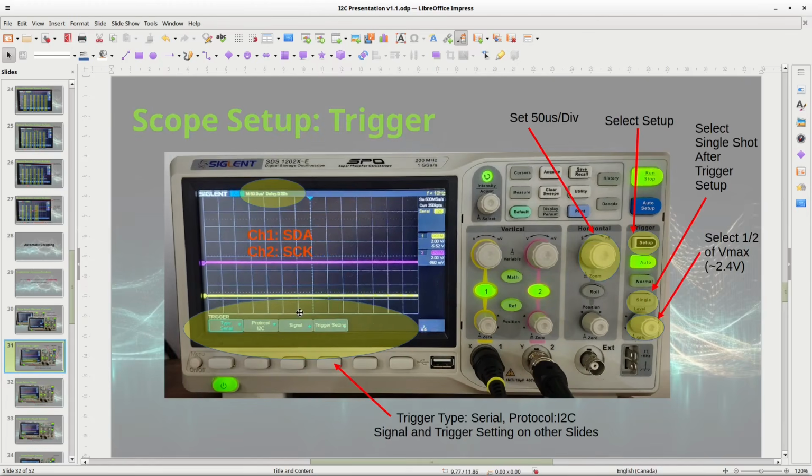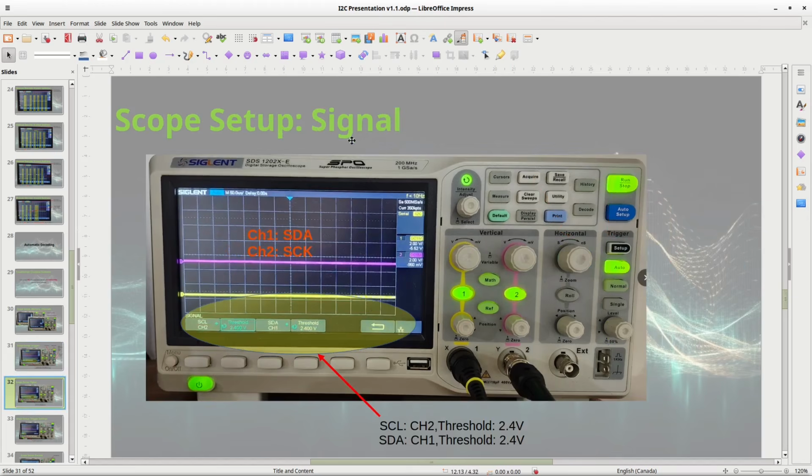So remember I said for the signal, you select signal, and remember on the trigger you're setting the trigger to be 2.4, so you're telling it now to use 2.4 for I2C decoding. Again, you want it halfway down because you want to make sure that pulse is clearly coming down. It's not noise and you're not getting jitter. It's actually coming down. You have to set it for both the SCL channel and the SDA channel.